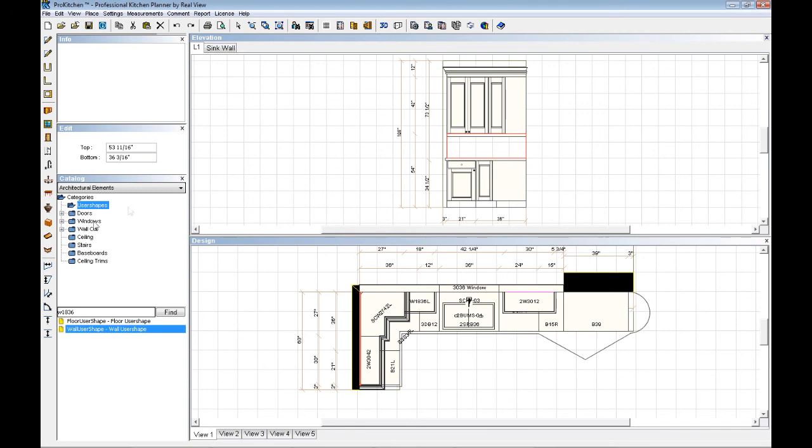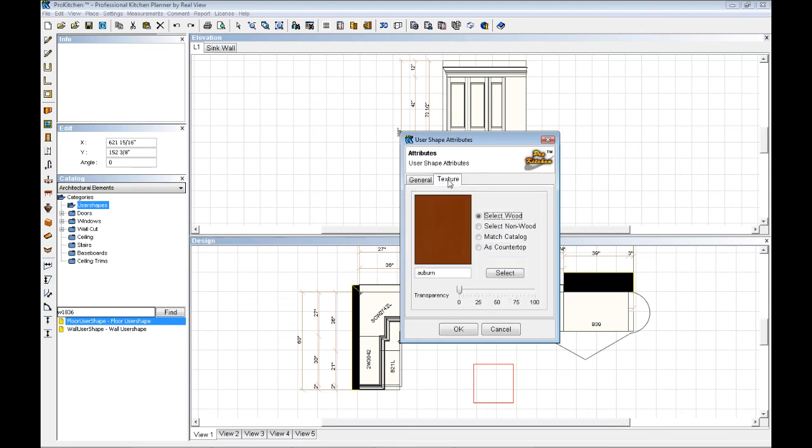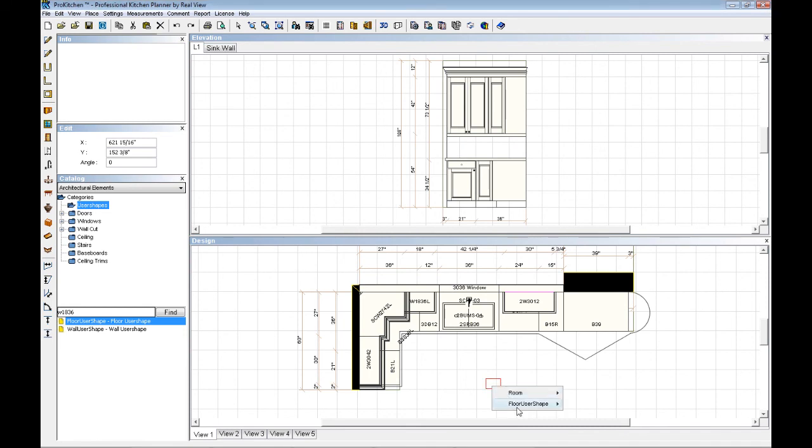The next thing I can do on the user shape, we have a floor user shape. Let's say I had a column out here in the middle here. What I can do is I can double click here and I can actually set up a 9 by, let's say it's a 9 by 6 column that's going to be 108 inches high. I can do the texture here, and I can actually match this to my catalog, which means I can match it to the Showplace cabinetry this way. So now it's going to be that sage color. And now I can take this user shape and simply move it out right to